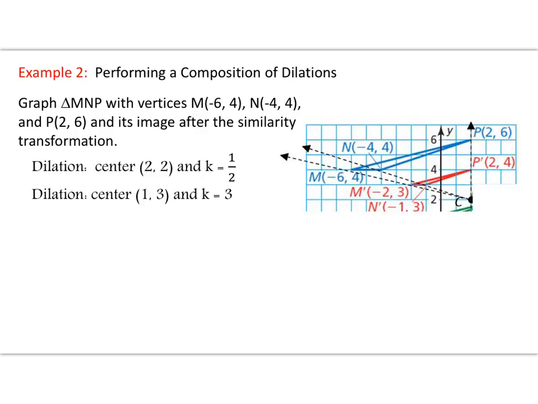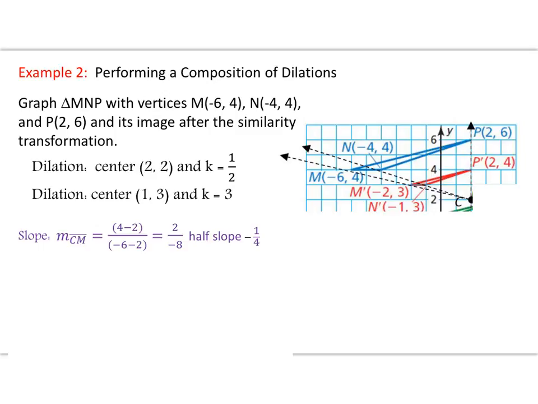All right, so we'll start with the first dilation at center 2, 2. So plot your point at 2, 2. And then a scale factor of 1/2. So that means we're going to divide by 2. So multiplying by 1/2 and dividing by 2 are the same thing. So our first slope from C to M